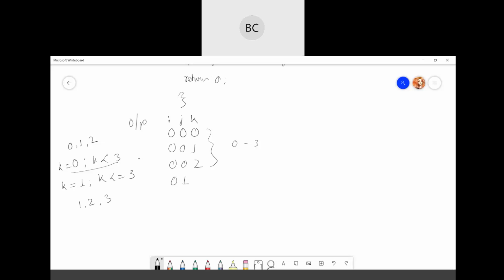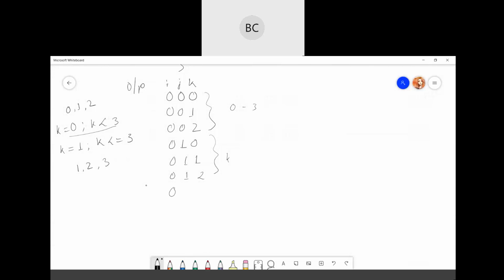So again, the same thing will happen. Again, the k portion will start: k will start from 0, so 0, 1, 0, 0, 1, 1, 0, 1, 2. Again, this part is for k. Now again, k's range is only 3. So after that, it will come out of the range. Now the value of j will become 2.